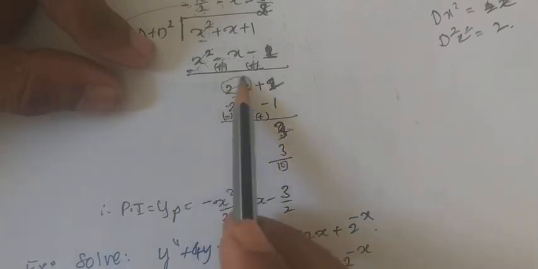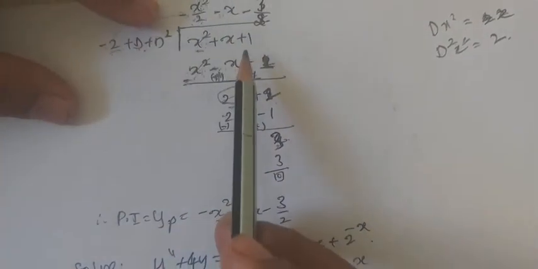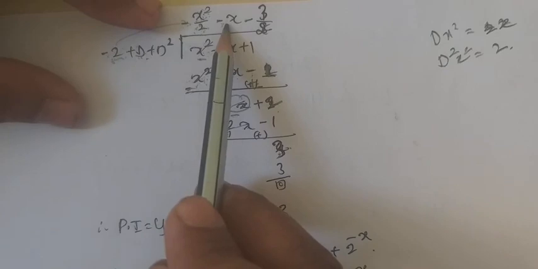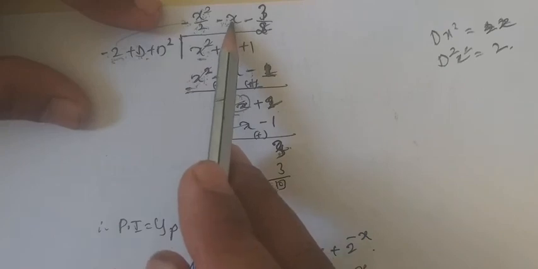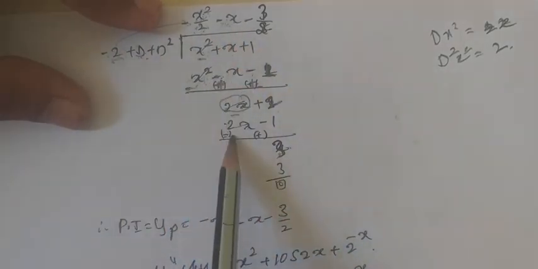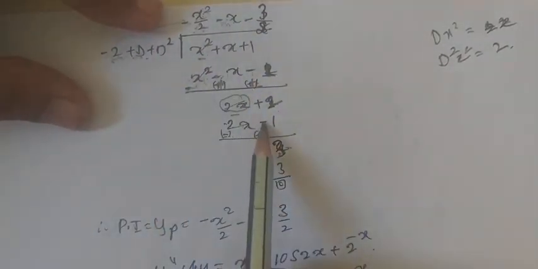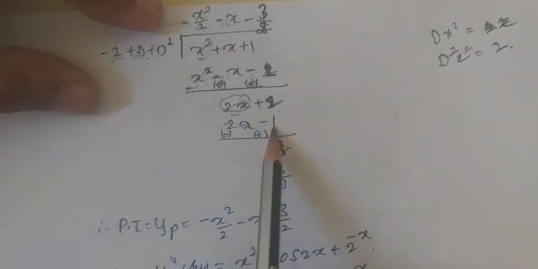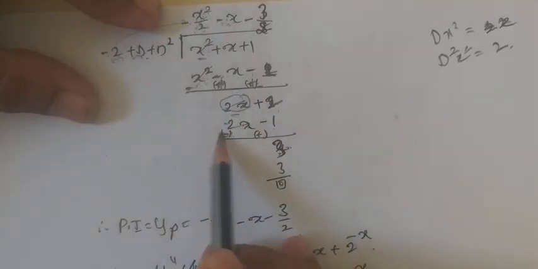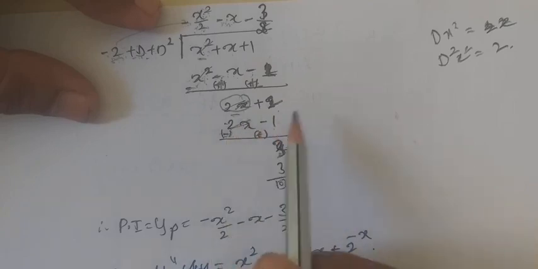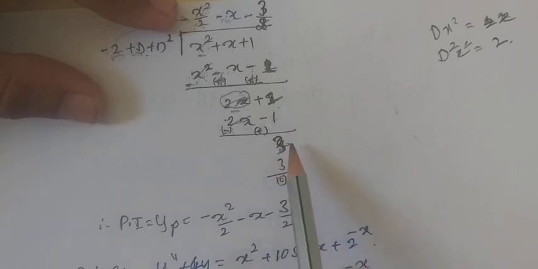Now we should concentrate on this. We have to get a plus x here, so you have to multiply this one by minus. We need to get x here, 2 is already there, so you have to multiply it by minus x. So minus into minus plus, plus 2 into x is 2x. Then next operate this on this, plus into minus is minus, one time differentiation of x becomes 1. Second time differentiation becomes 0, no need to write that one. Then subtracting this, this becomes minus, this becomes plus, these two terms will get cancelled. So here 2 plus 1, you will get 3.